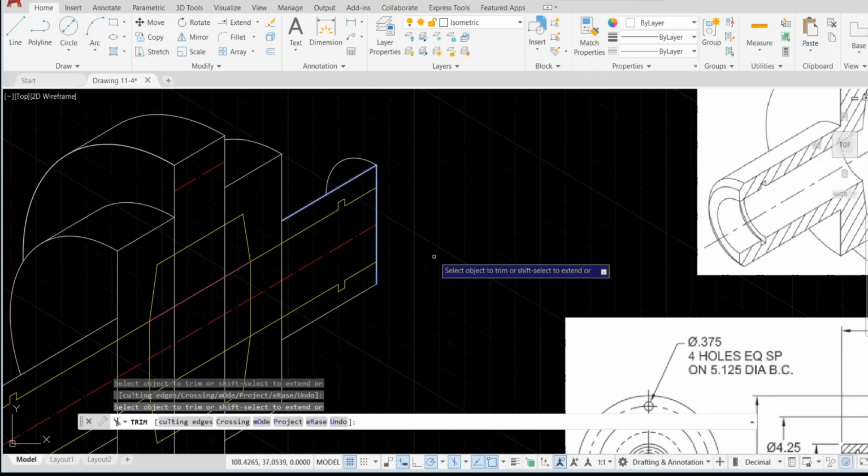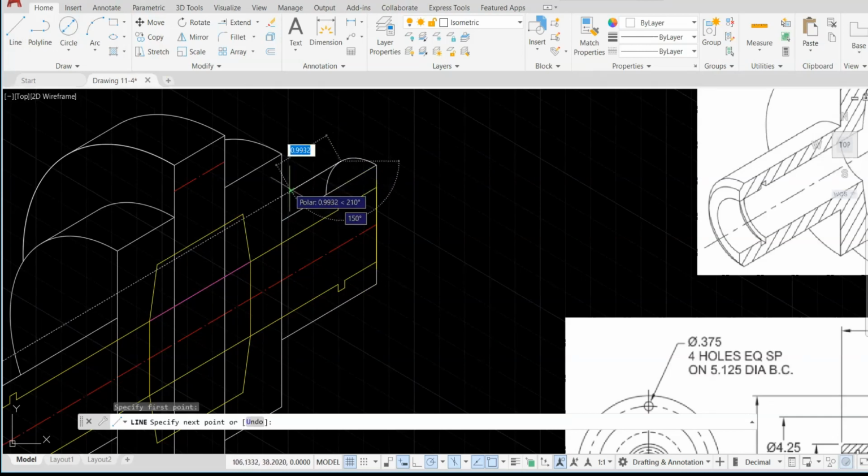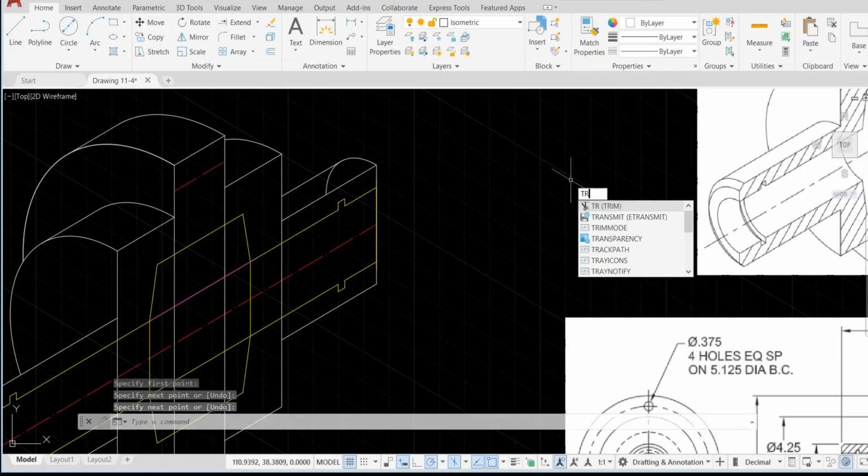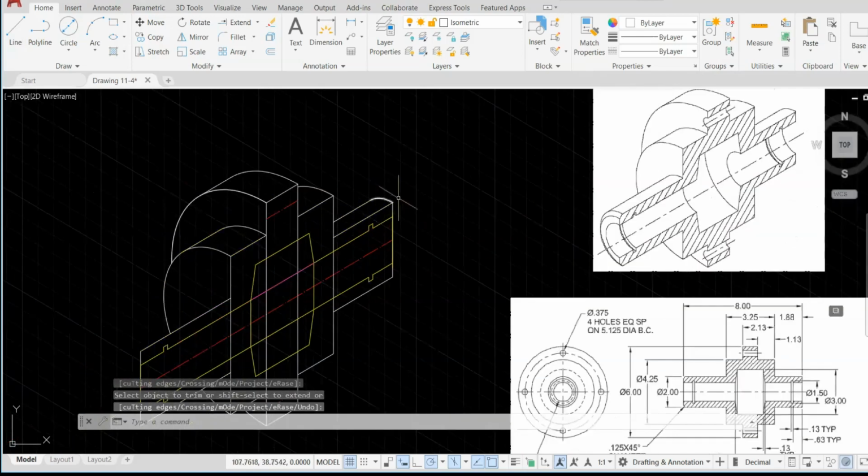So this is the only part that I want. Then I'll go draw the lines here. And you can get tangent, that point, the closest one. Okay, now let's trim the one in the middle. So we finished the one, that part, but we still have the circles inside. So let's go to the circles